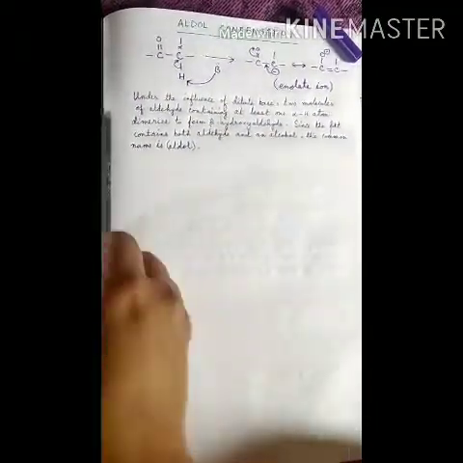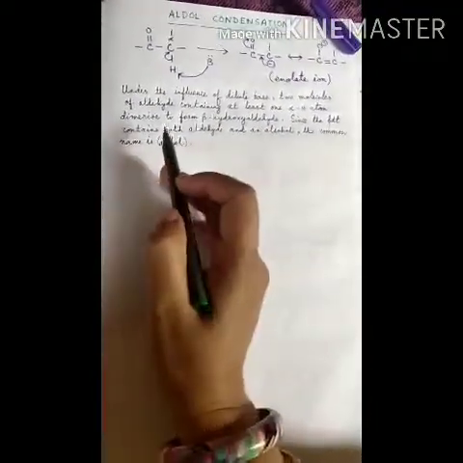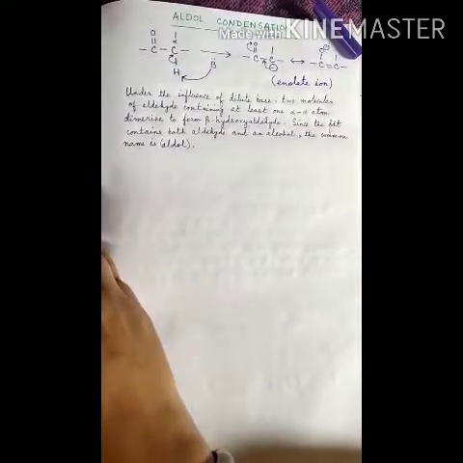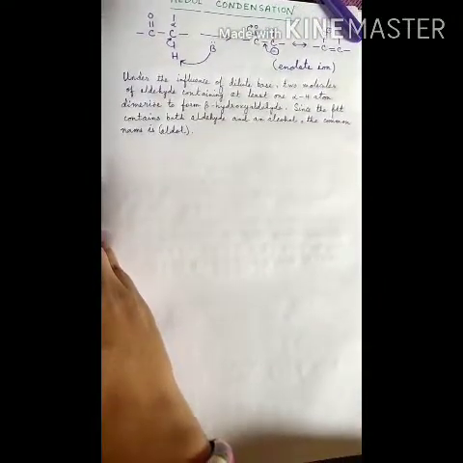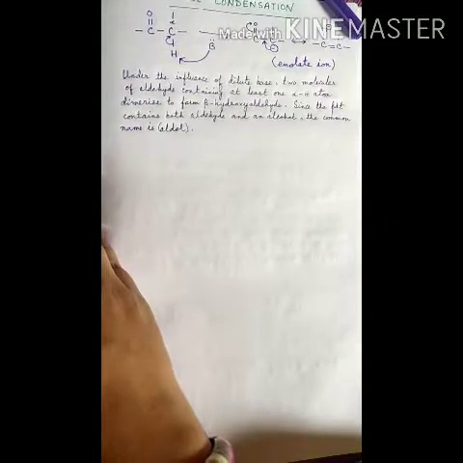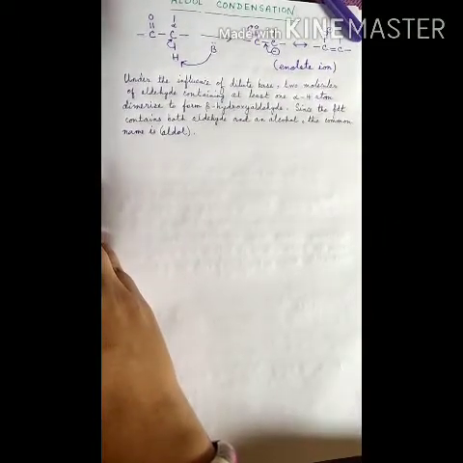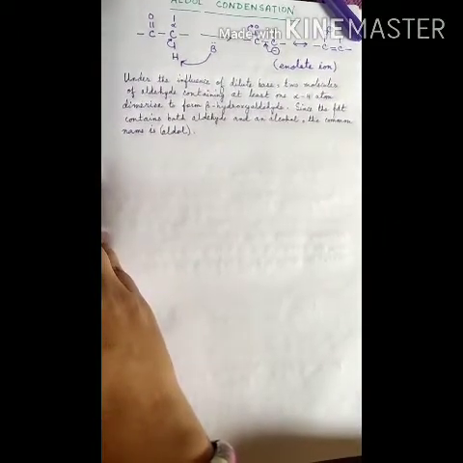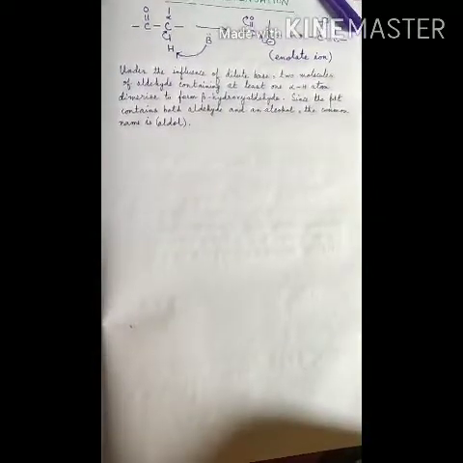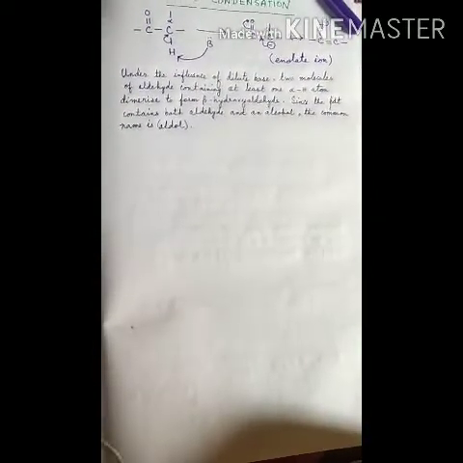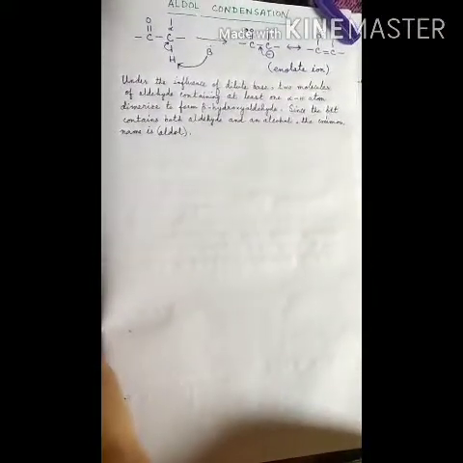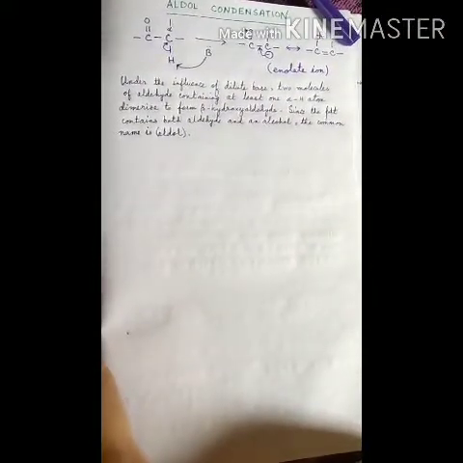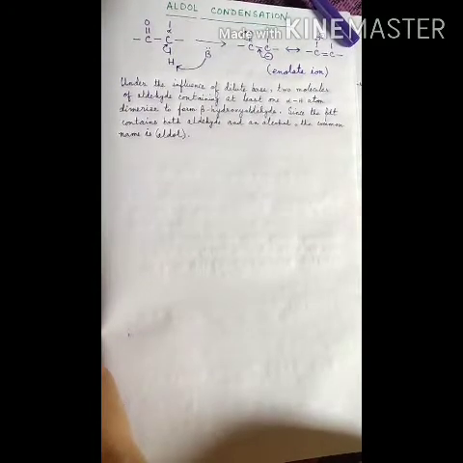So aldol condensation is basically a dimerization reaction. What happens? Under the influence of a dilute base, two molecules of aldehyde containing at least one alpha hydrogen atom react. If any aldehyde doesn't contain any alpha hydrogen atom, the aldol condensation reaction will not take place. So the aldehyde containing at least one alpha hydrogen atom will dimerize to form